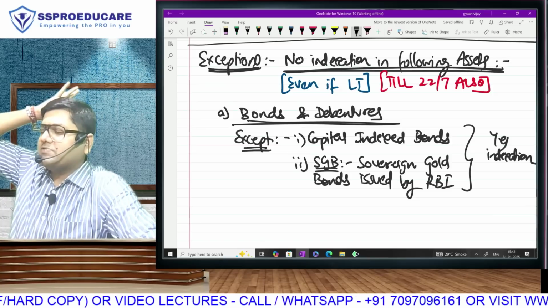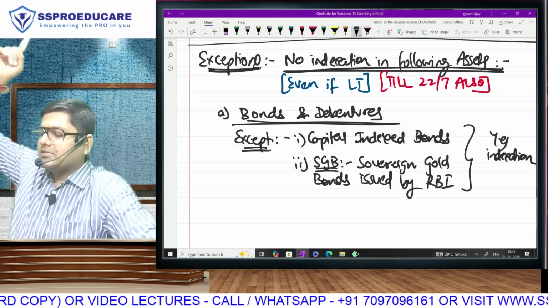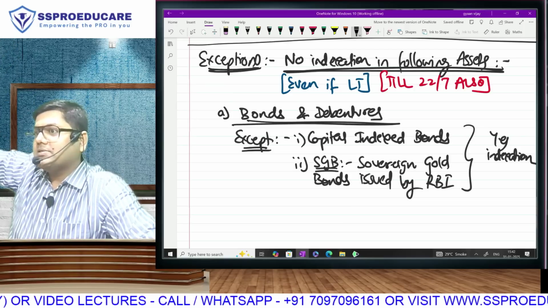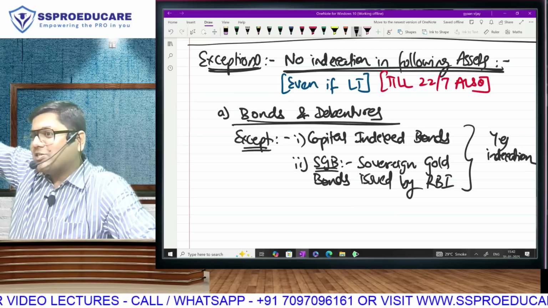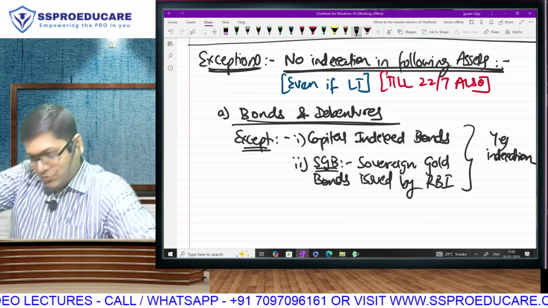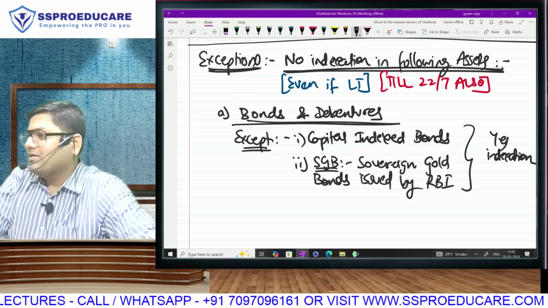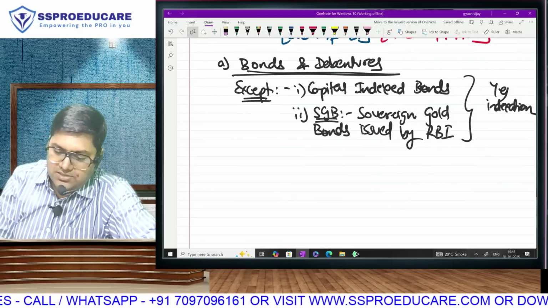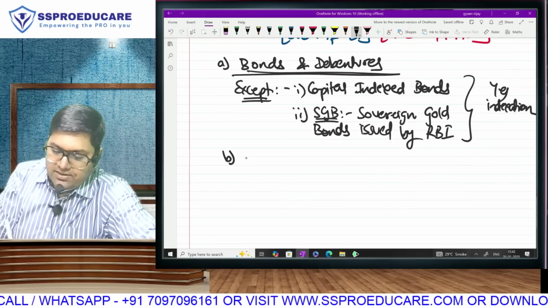Now imagine what happens with gold. Do we get indexation? We'll get it here also. Is gold a capital asset? This is also a capital asset. But when you already purchased gold and then we beg, we have to remove it from the definition of capital asset. Understood? Bonds and debentures, no indexation. Second,